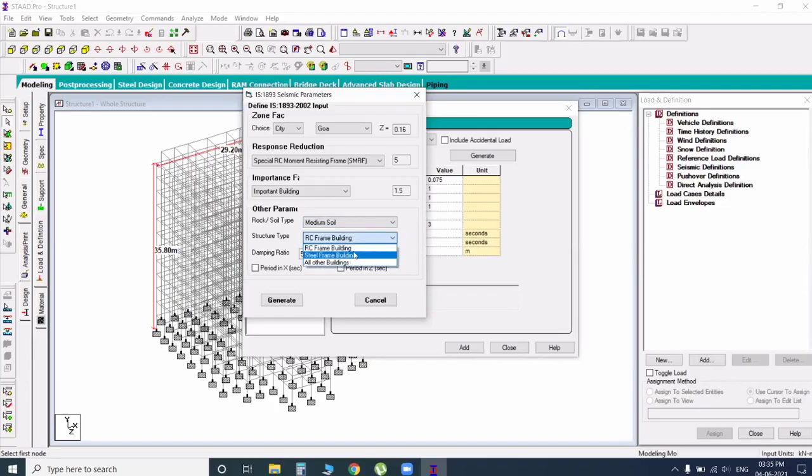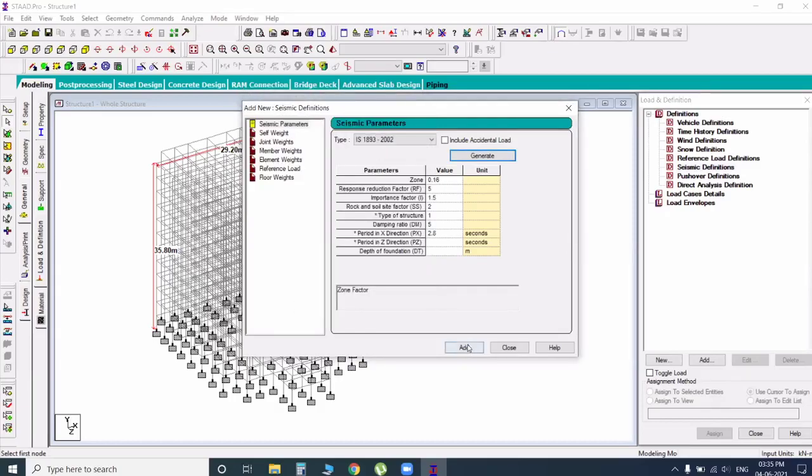If it is steel, you can go with steel. Damping ratio 5%, foundation depth I already considered 1.8, and if it is in a seismic zone, you can enter the seismic vibration time. Add. Then click on add.